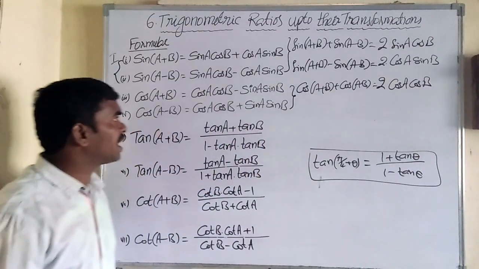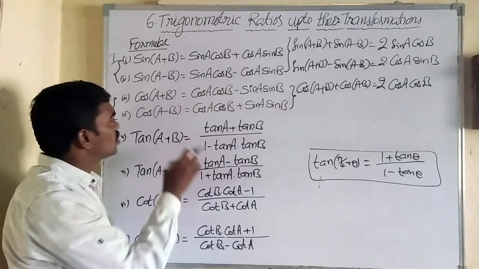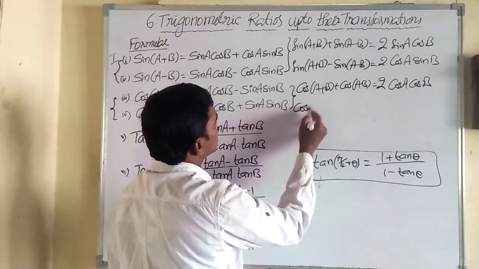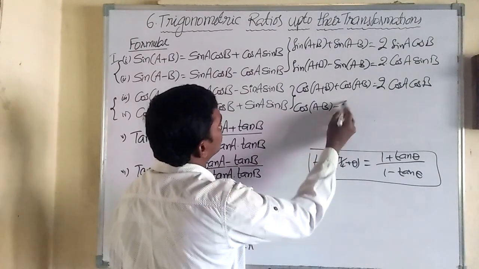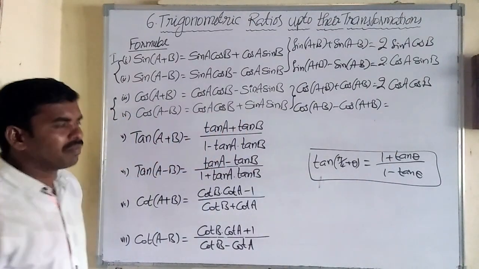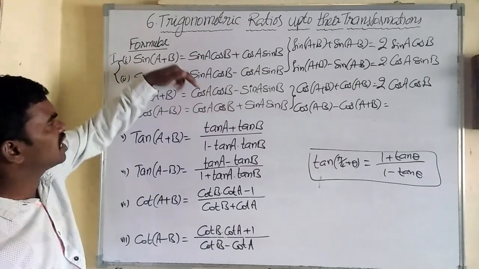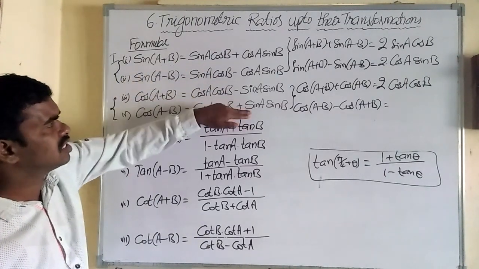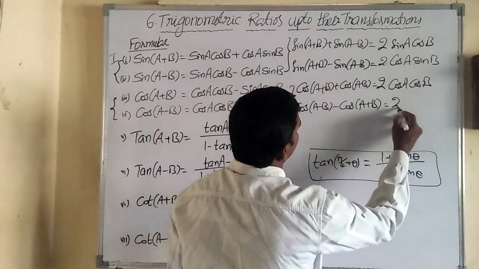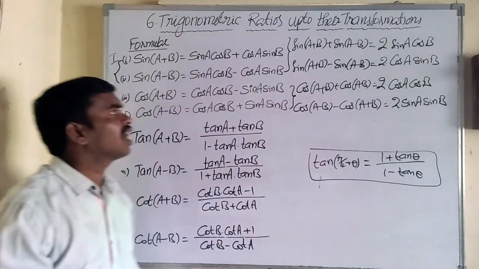And similarly, do minus means negative. These are the positive terms, these are the negative terms. So do cos of a minus b minus cos of a plus b, meaning last minus third one. Cos of a minus b minus cos of a plus b, which is fourth minus third I am doing. This is plus, it becomes minus, so cancel. This is plus, this becomes plus. So 2 sin a sin b we are getting. In this way we can write more formulas.